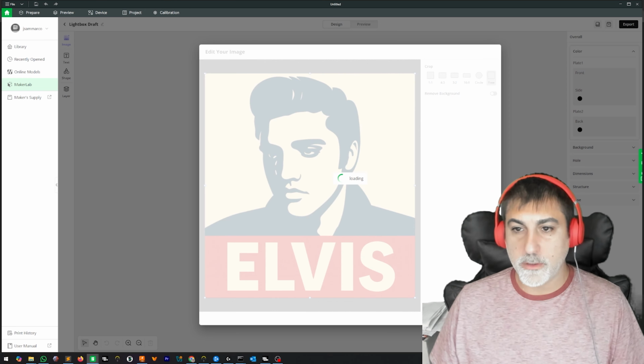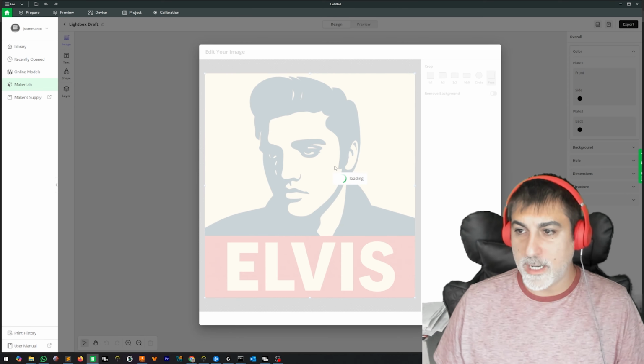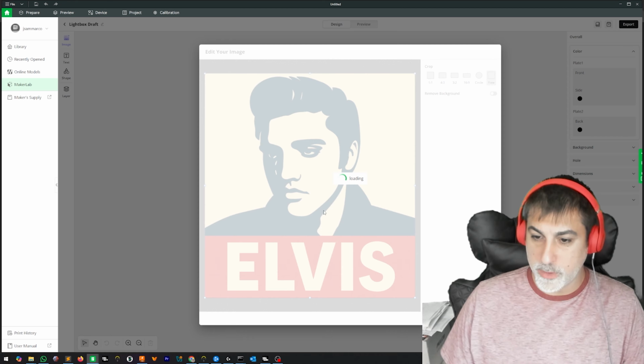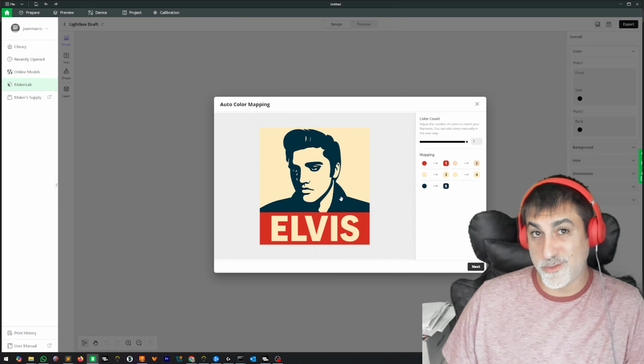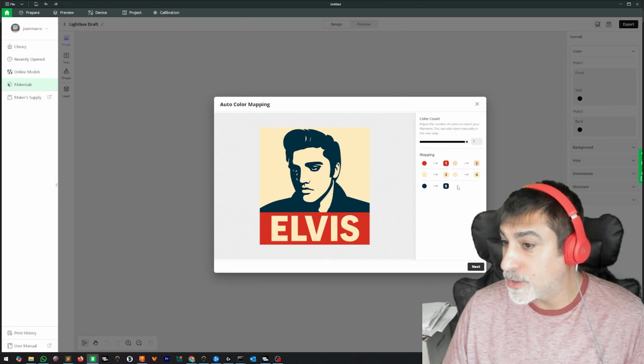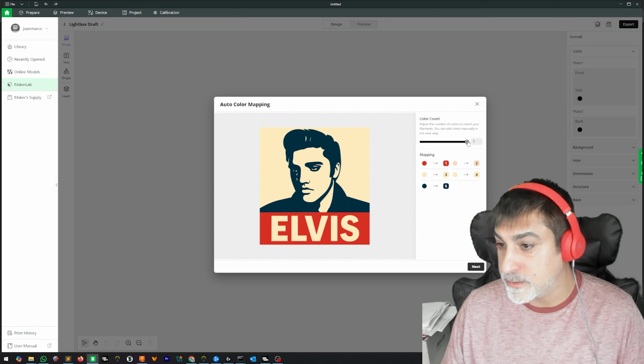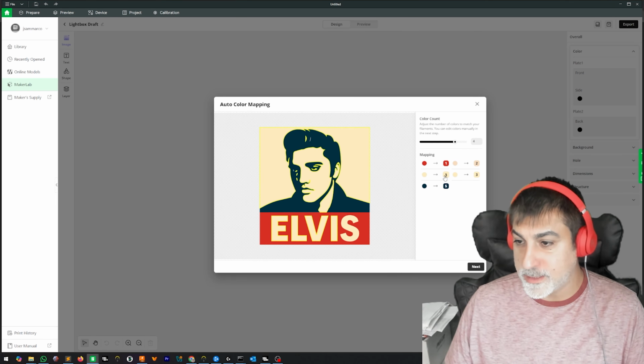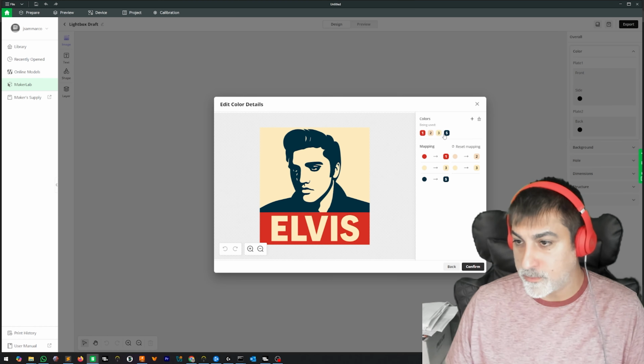So we hit confirm. It's gonna process it and give us our colors that are needed for this, which I tried to keep to 4 because that's what I told ChatGPT. And so it detected 5 colors. There's a couple slight variations of that tan. So we're gonna drop it down to 3. It's gonna assign both of those tans as the same. And then we go next and we've got these